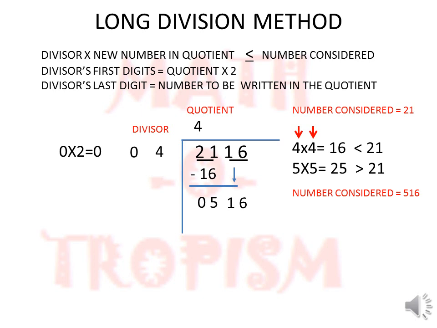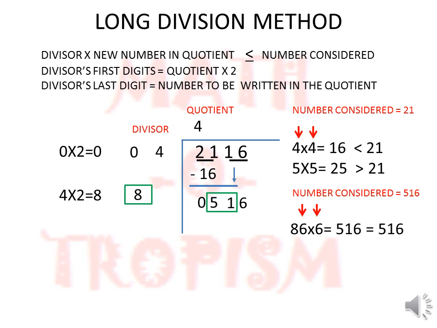So what happens? 4 is the quotient, so 4 into 2 is 8. So that means 8 becomes the first digit of the divisor, and now I have to find a digit to put both in the divisor's last digit as well as in the quotient, such that the multiplication of both the numbers will be less than 516. For an easier way of finding it, let me first take 5, which is less than 8, so I will go to 51. I'll take the first two digits 51, and the first digit of the divisor, which is 8. Now where does 51 come in the 8 table? It comes nearer to 6.